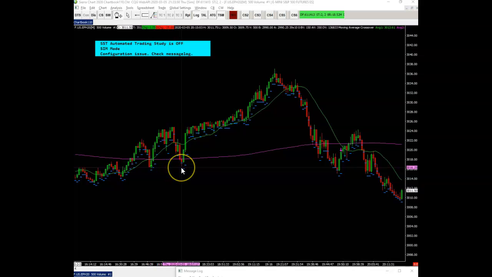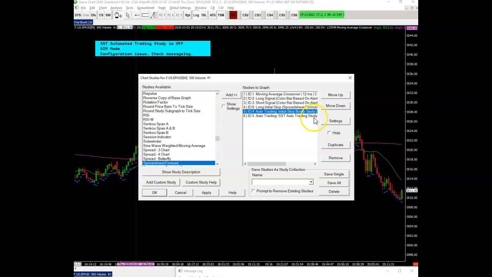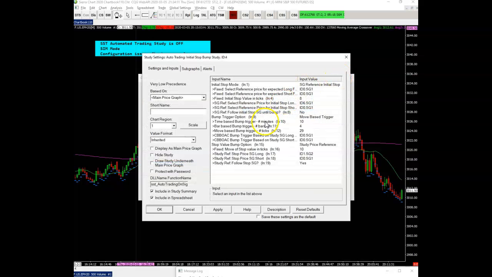We're going to keep that initial stop here until we have 29 ticks of movement from the average fill price. Then it's going to follow this subgraph here, and then we're going to move another few points and move the trail stop there. So the initial stop can be configured now with a move trigger of 29 ticks, and a stop value,